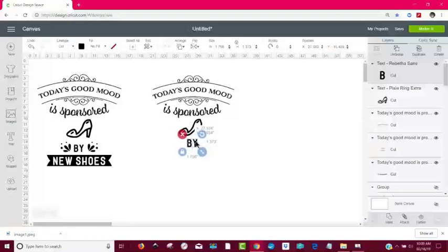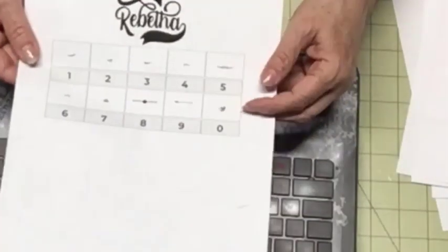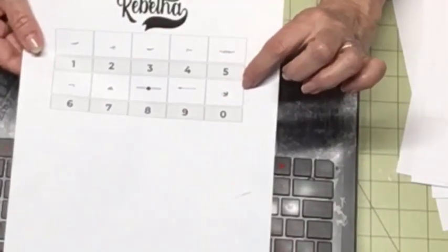All right. Now, where did I get that little flourishy thing? Look down here at my desktop again. I believe that was from Rebitha. It was right from here. If I click in the letter or the number 0, I get that. So I've got to come back to my